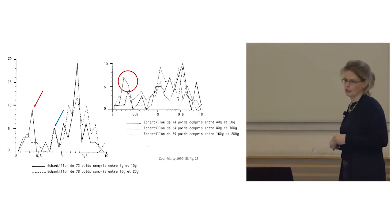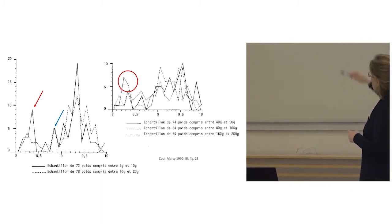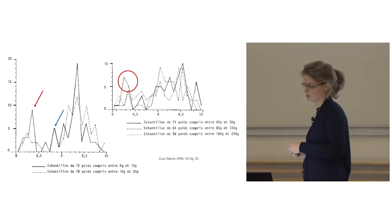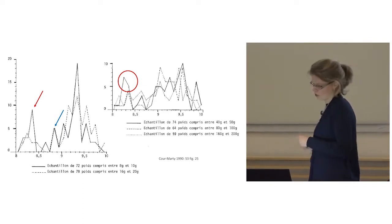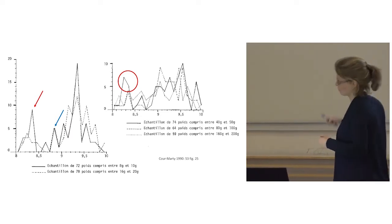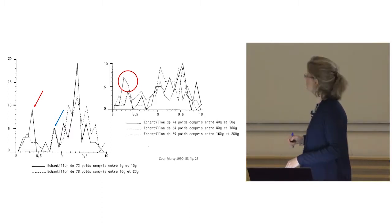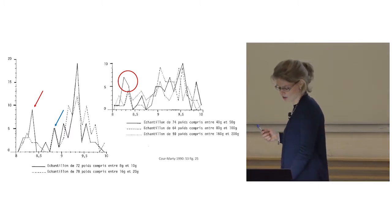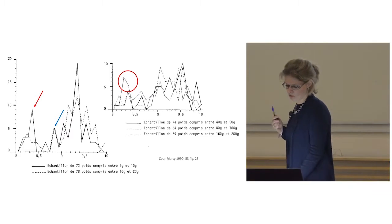But if you look at the heavier weights, these show the distinct peak for the Babylonian shekel, and then a much wider range for the Egyptian Deben Kita standard. But there's absolutely no indication, not a very dominant one anyway, of anything resembling an Elephantine shekel. So on that basis, I think it's very unlikely that there is an exact equivalency in the Aramaic texts, that there's no such thing as the Elephantine shekel, and that, in fact, the